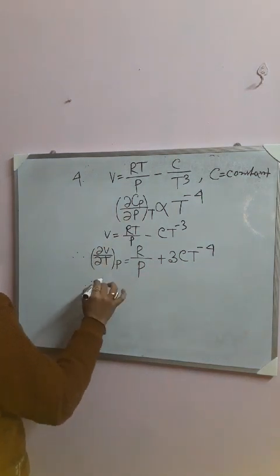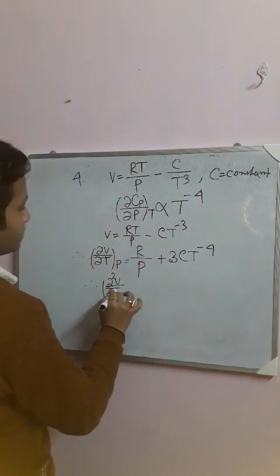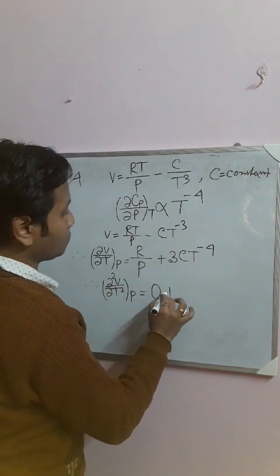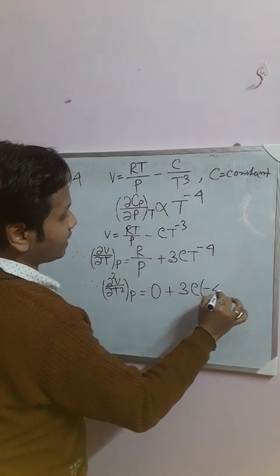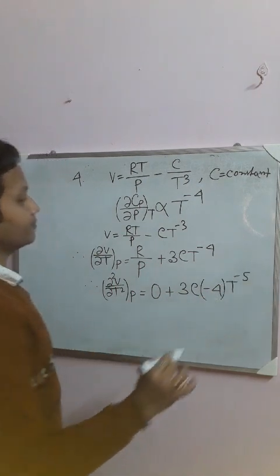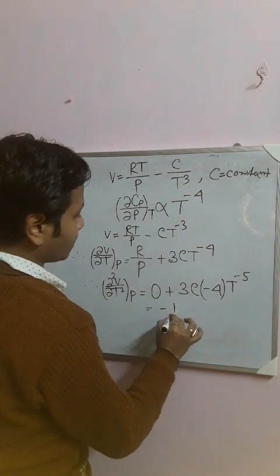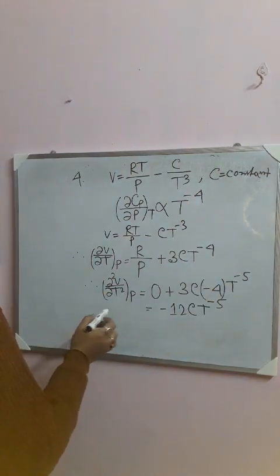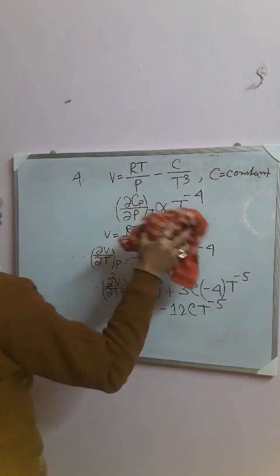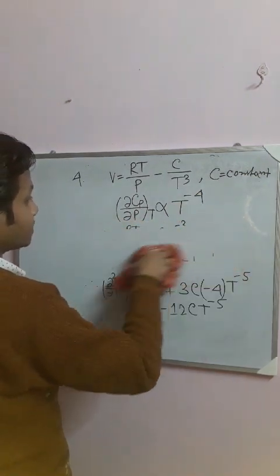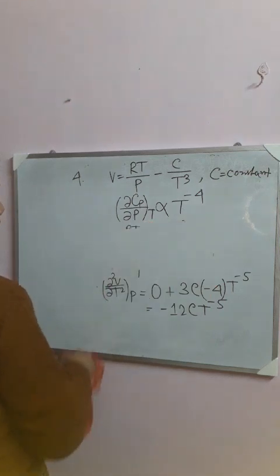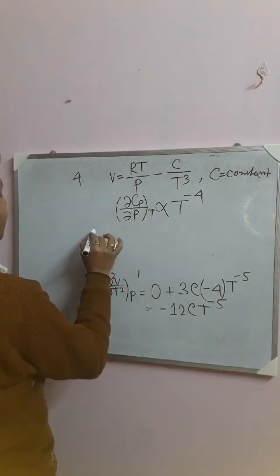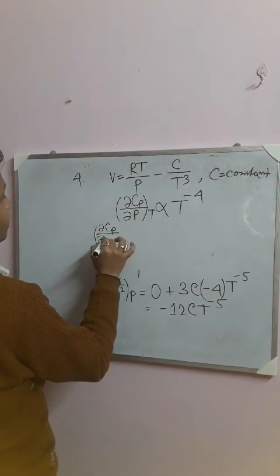Okay, so what will be my del 2V del T2 at constant pressure? This term is 0, and this is 3C, this is minus 4 into T to the power minus 5. So this is minus 12C into T to the power minus 5. Fine. So I have calculated del 2V del T2. Now we already showed a relation, that is del Cp upon del P, temperature constant,